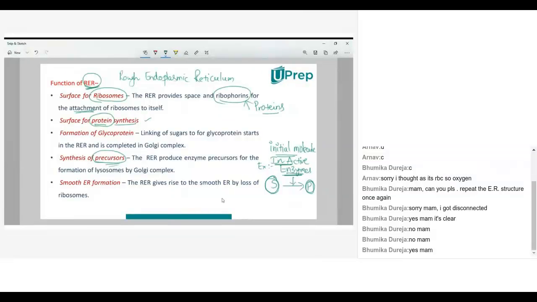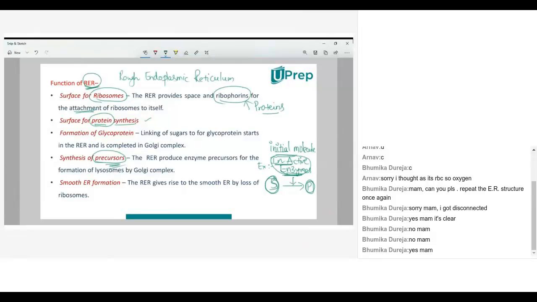Active enzyme converts substrate to product. Inactive enzyme cannot convert substrate to product. Now here, precursor is nothing but the inactive enzyme. For example, I am telling here, inactive enzyme is